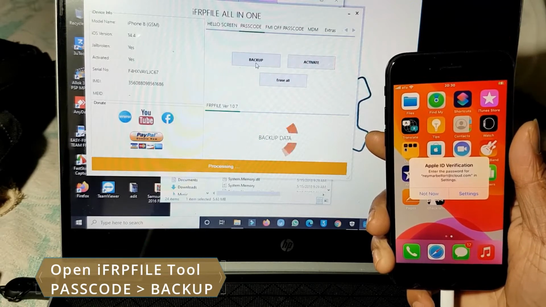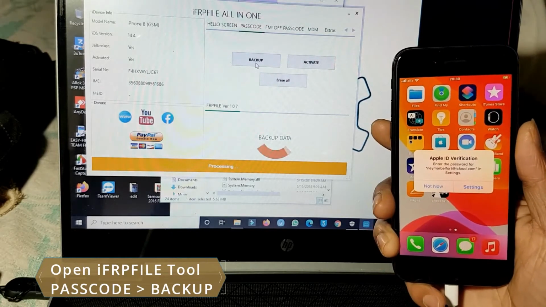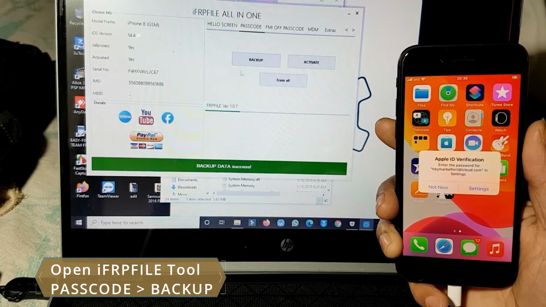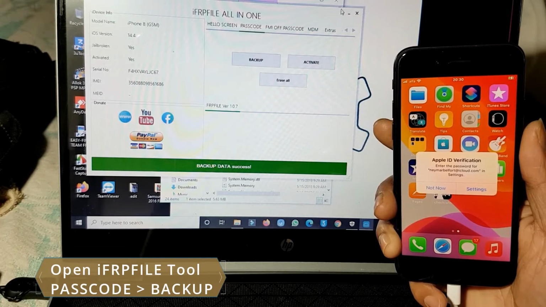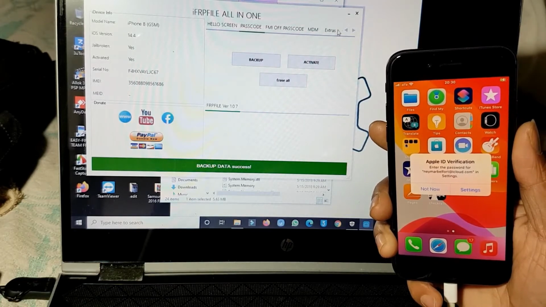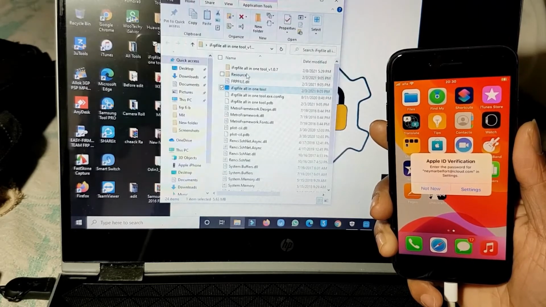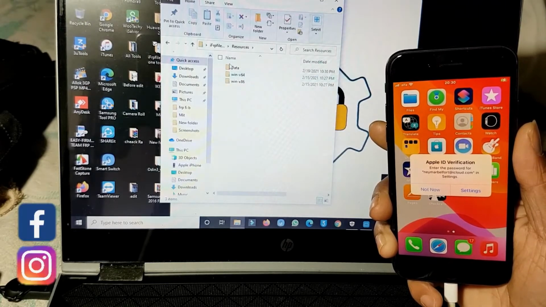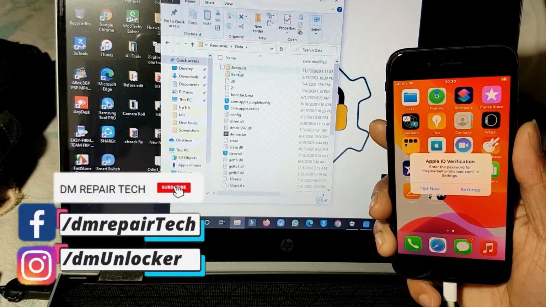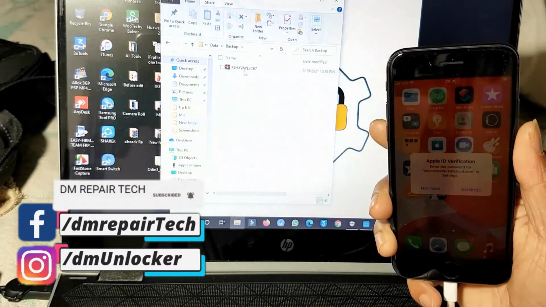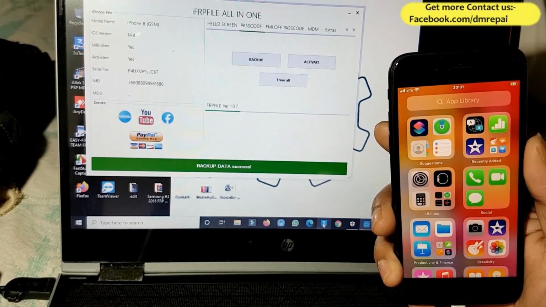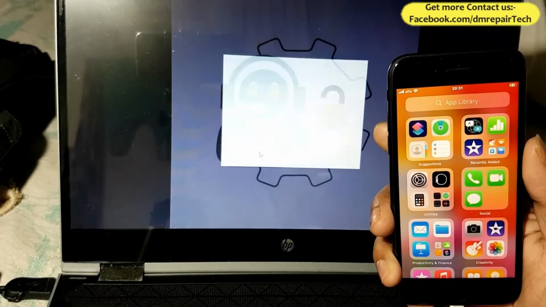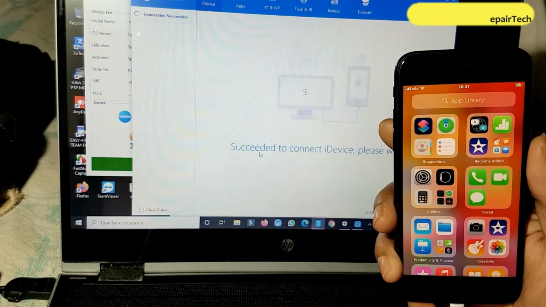This is an important step. If your device has not been bypassed before, this process will not work if it was bypassed earlier. Okay, I have done the backup. Check and confirm that this serial number is backed up or not. Look here, this is the backup serial number. This is important for opening the menu that is unable to load info. Okay, when the backup is completed,